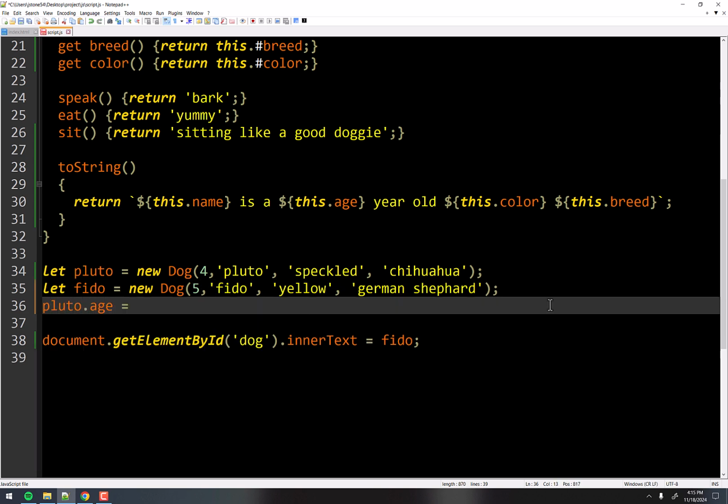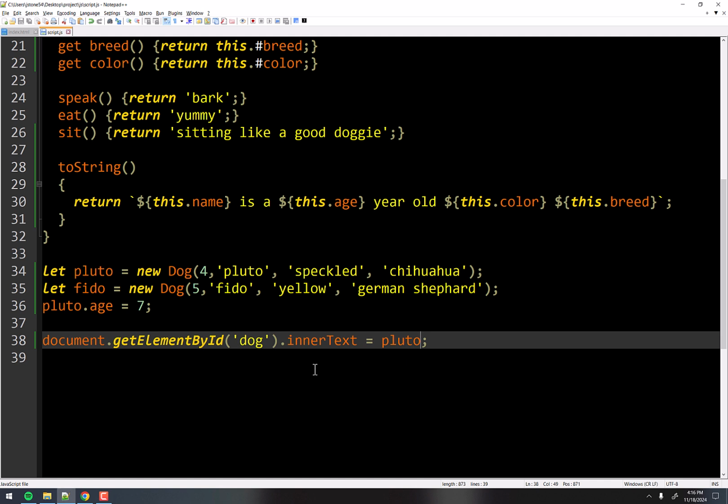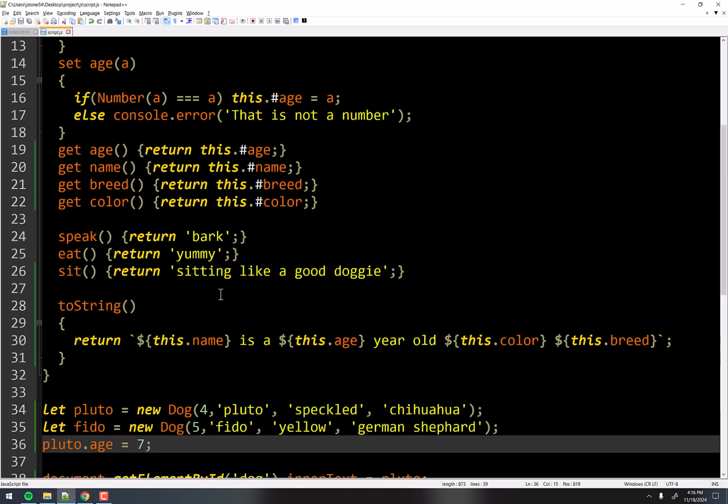Pluto.age equals 7, right? And let's put Pluto down here. And now it says Pluto's a 7-year-old speckled chihuahua. This looks like you're directly accessing the age variable, but you're not. You're actually calling the setter, but that's just the way JavaScript handles setters and getters.